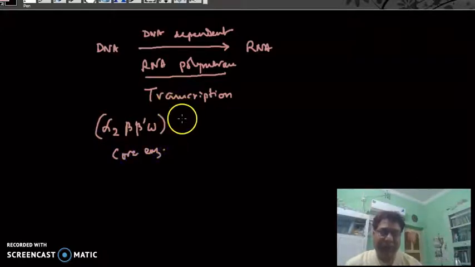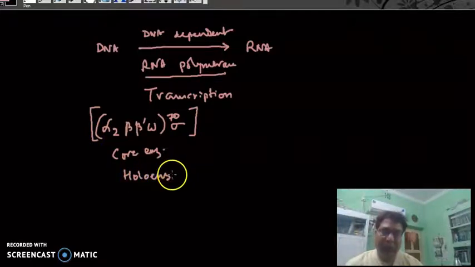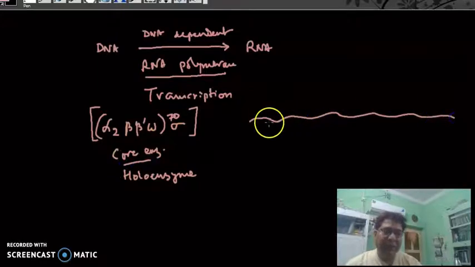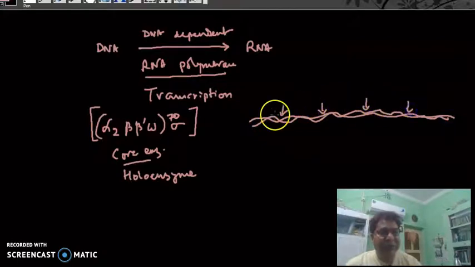Another subunit, sigma 70, associates with the core enzyme to comprise the total enzyme that is called the holoenzyme. The core enzyme is capable of binding the DNA anywhere on the double-stranded DNA, but it cannot continue transcription in the absence of the sigma subunit,